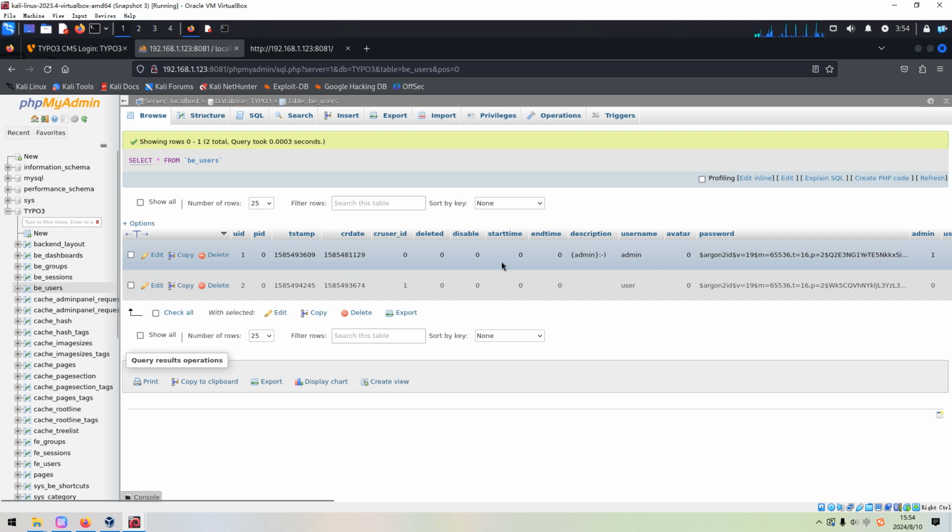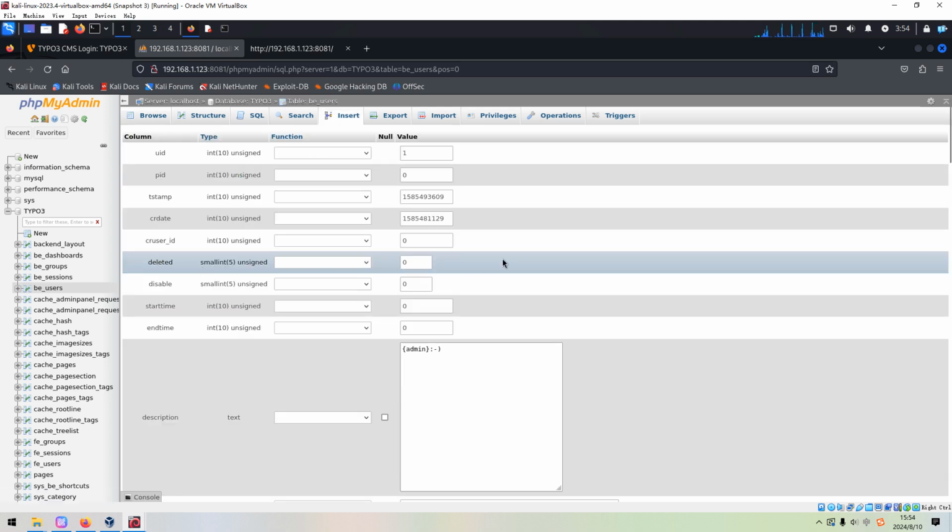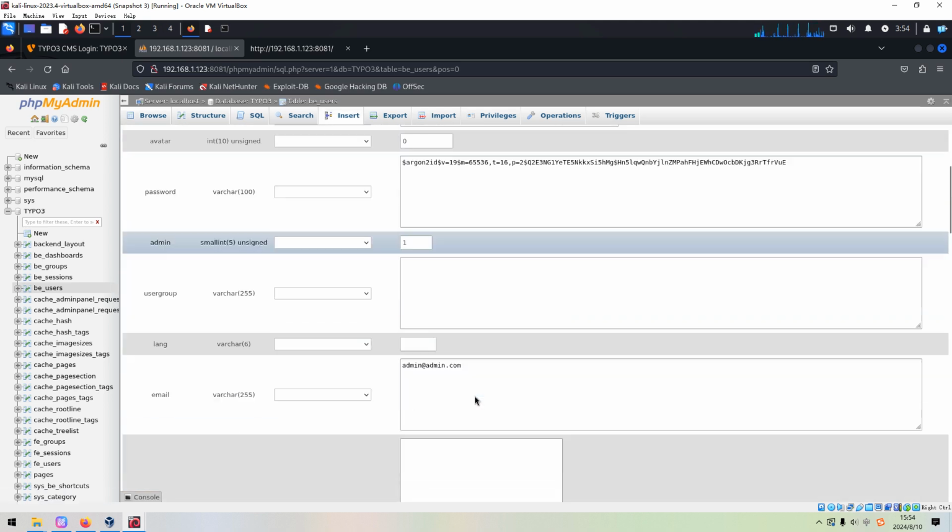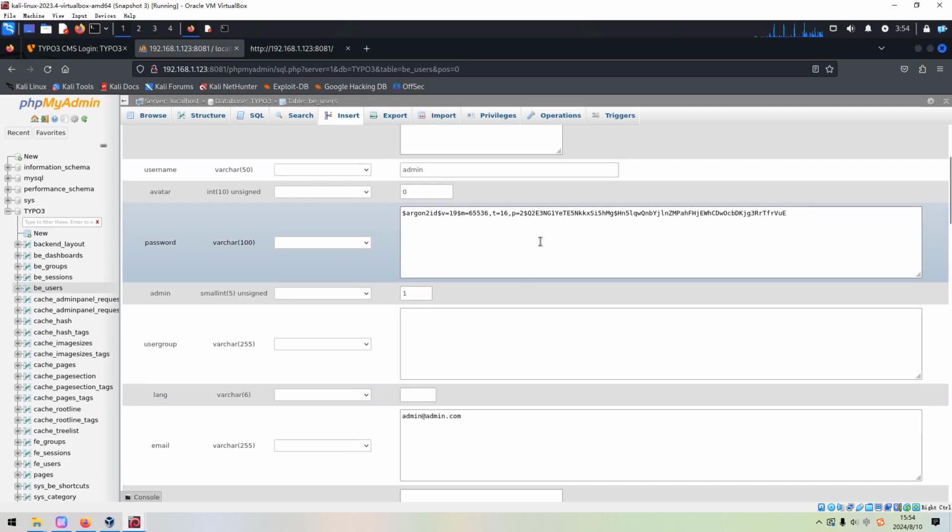For example, if we can replace the password with a known password, then we can use this known password to log in, right? However, this is not a clear text password. This is some sort of Argon2 password.